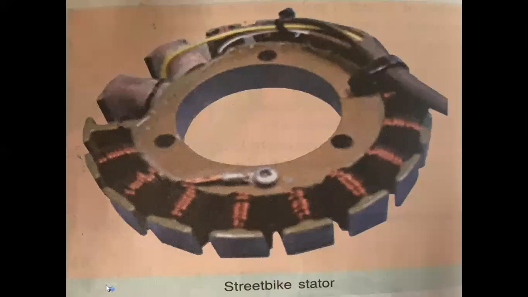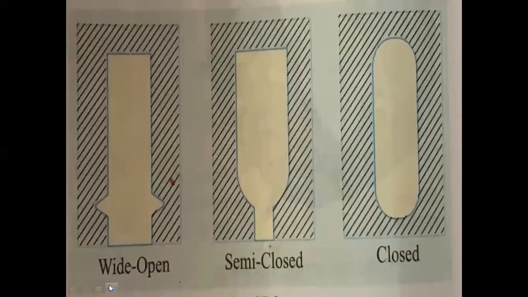Okay, so this is over already, and now we are going to look at the slots, how the slots are designed. If you see here, we are getting three types of slots, different shapes of armature slots are used. First one is the wide open slot. This is also used in DC machines. And it has one advantage that it permits easy installation of form wound coils.